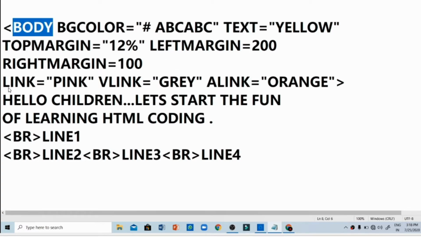Now, there are three other attributes which are used for links on the web page. What is this? You must have searched any topic. So when you search, what happens? You must have seen a list of links appear below the search bar, correct? And those are written in blue color, and there is an underline also in blue color, correct?